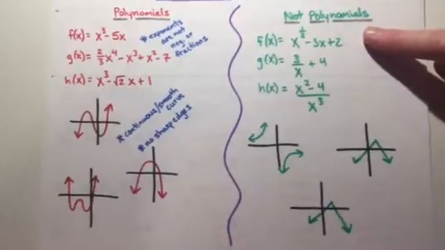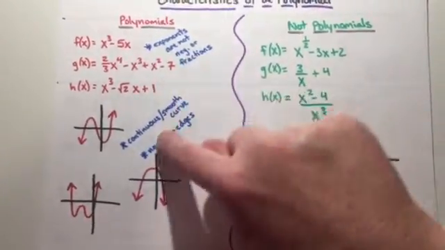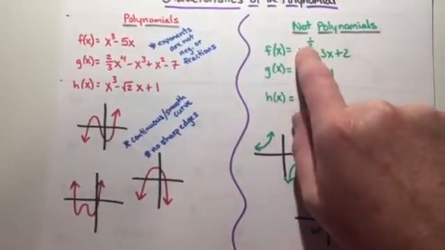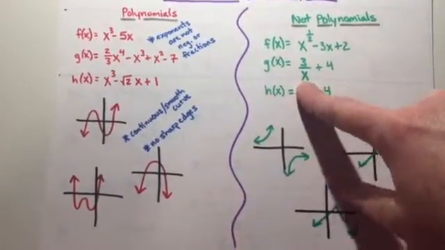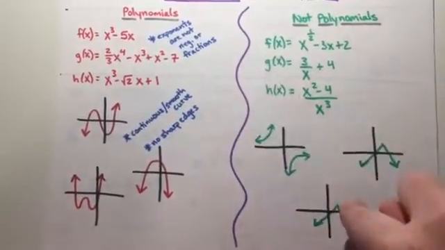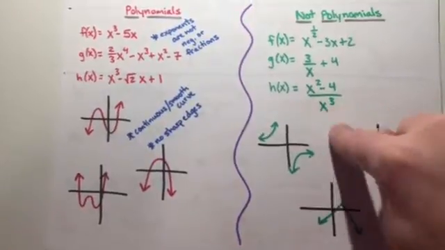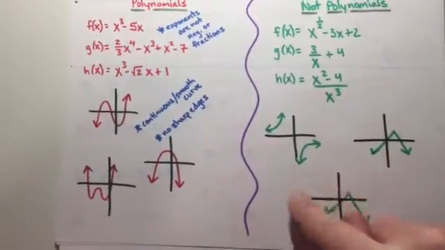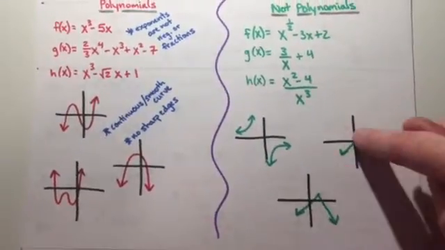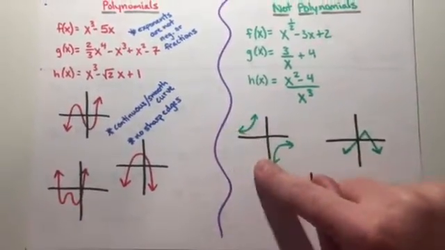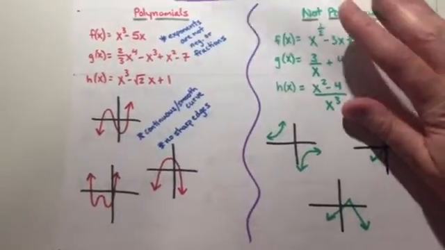But these over here are not polynomials for the same reasons, like the opposite of what these say. So my exponent here is a fraction, so it's not a polynomial. This one would have a -1 for the exponent, so that's not a polynomial. And this one, if we simplified, would also have a negative exponent, not a polynomial. And then these graphs are just little pictures of some that are not polynomial graphs because they have sharp edges. And this one is not continuous because you could not draw this without picking up your pencil.